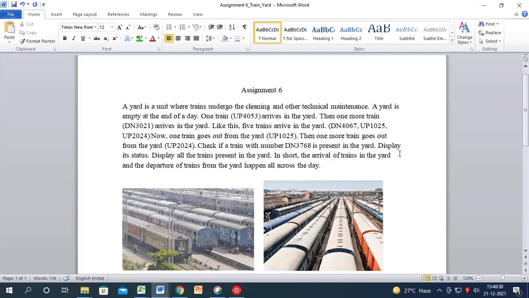So actually the purpose of this particular assignment is you should be able to use the array list or linked list as the data structure. And you know, linked list is a ready-made data structure in Java. You have certain methods which you can use, and then using those methods you have to check whether you can add the trains into the yard, you can remove the trains from the yard or not. At any point of time, can you get the count of the trains which are present in the yard or not? For that purpose this assignment is given.